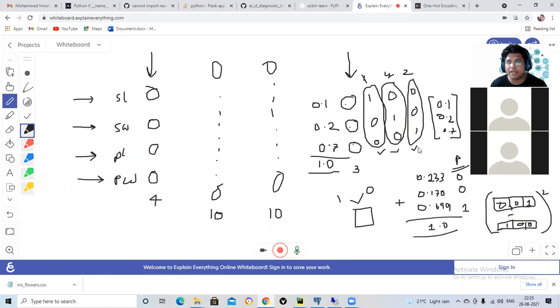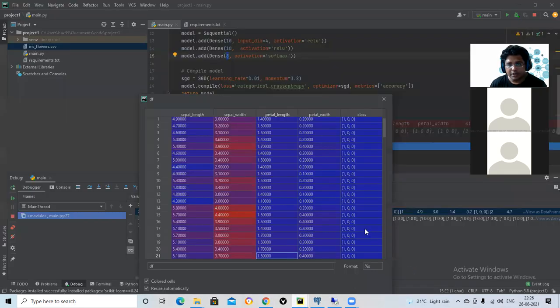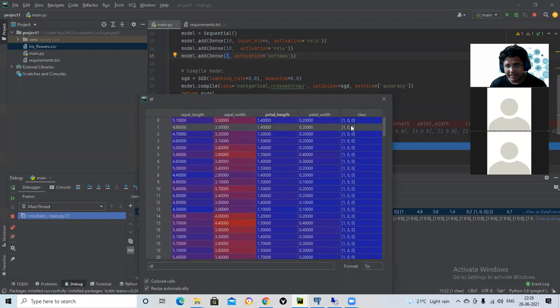No. How do I calculate the error, and how do I distribute that error within the model as a back propagation? So I have to convert my actual labels also into something like this. So that technique is called one-hot encoding. You see, I have converted the text class into a one-hot encoded vector.